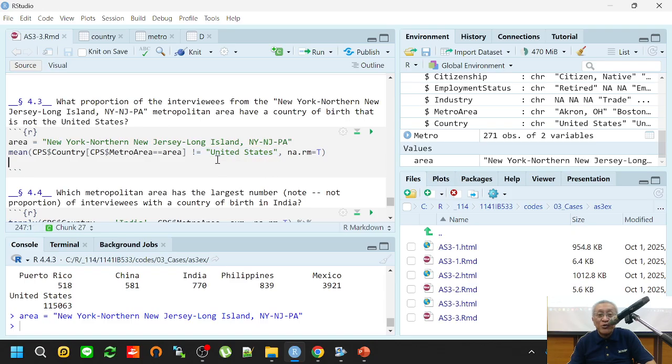I do a logical operation. I check these people to see whether their country of birth is the United States. I extract the people who live in this metro area, and I check their country of birth to see whether it is the United States. And I take the mean so I can see the proportion. That's what we do for a proportion. But when I do this, I will see